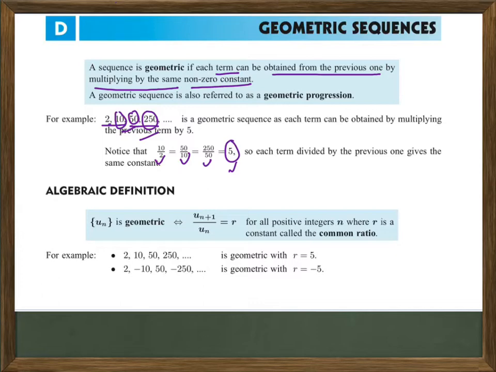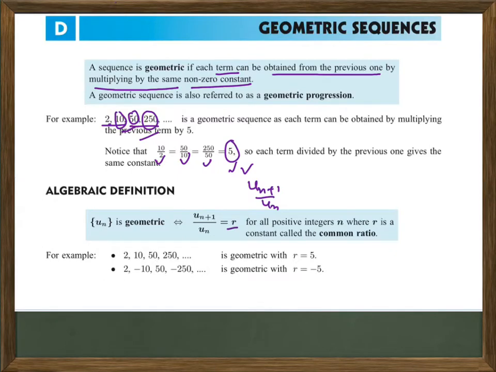And that 5 is nothing but the common ratio. We say common difference in the arithmetic progression, and common ratio in the geometric progression. That is nothing but u(n+1) by u(n). So here we talk about the common ratio. The common ratio is found by dividing the next number by the previous number, and it is represented with r.